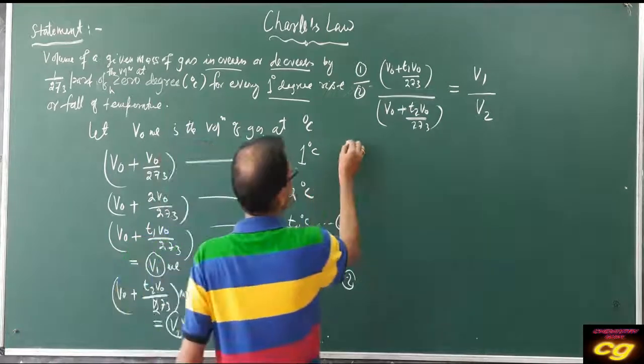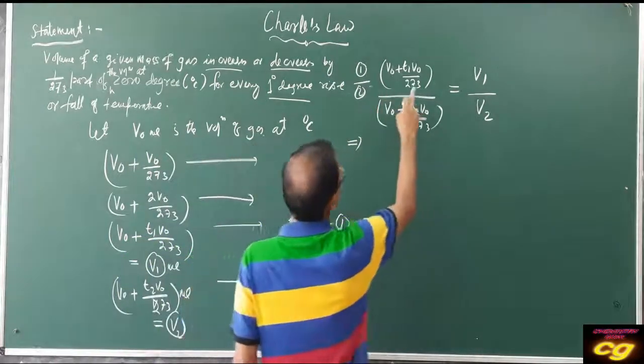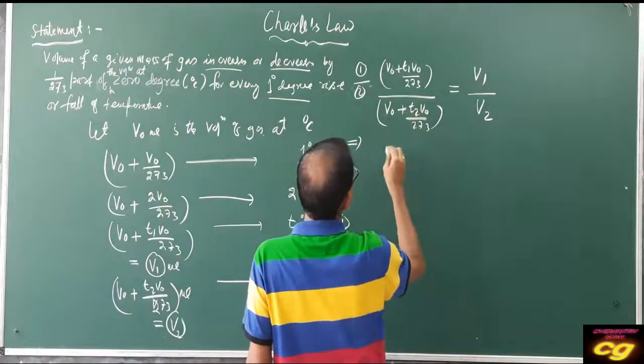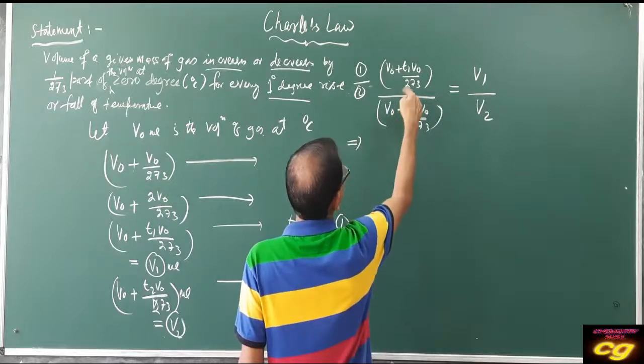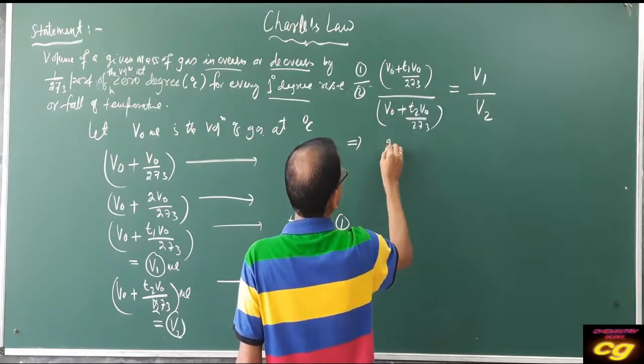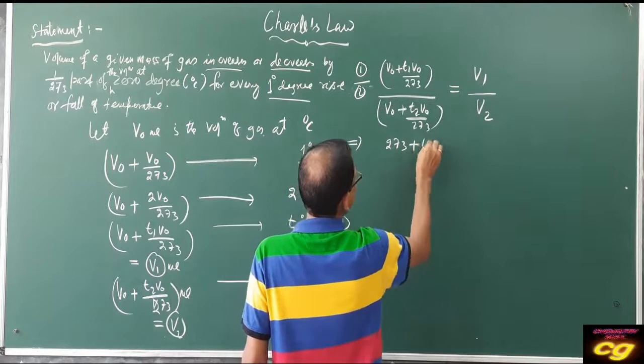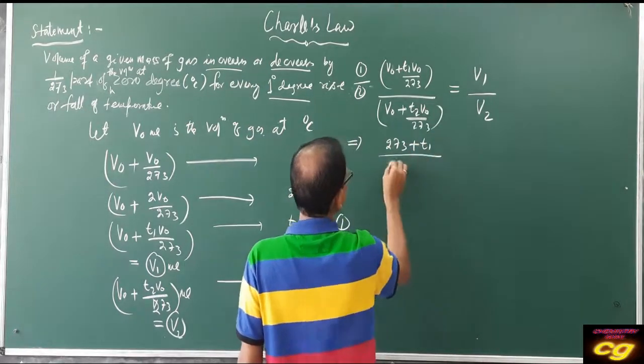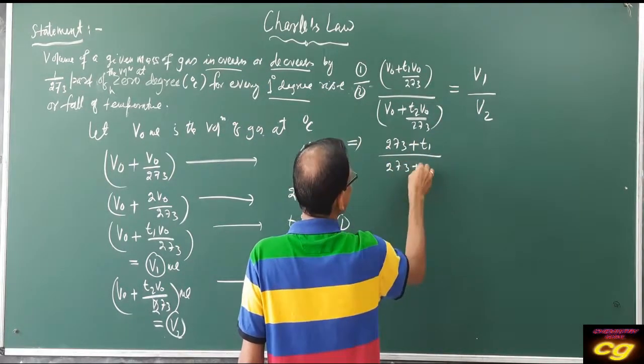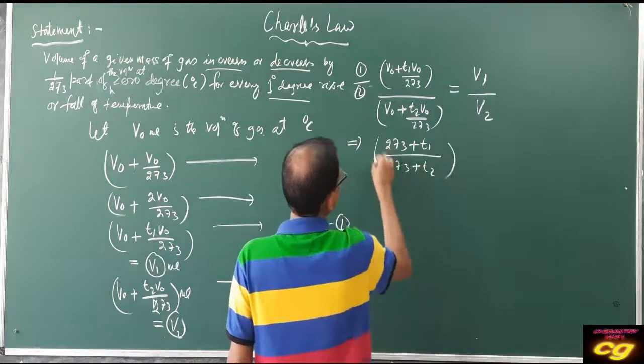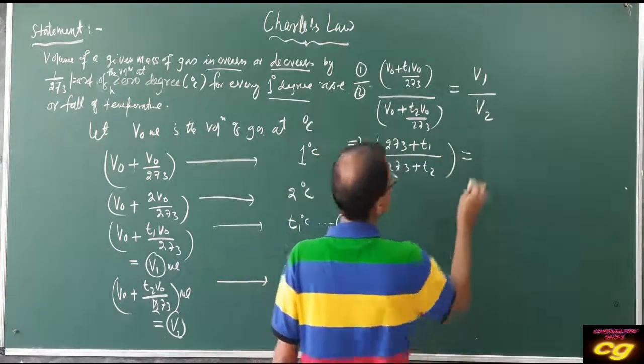If you arrange this, everything cancels: V0 is common, so it cancels. It will be 273 plus T1 by 273 plus T2